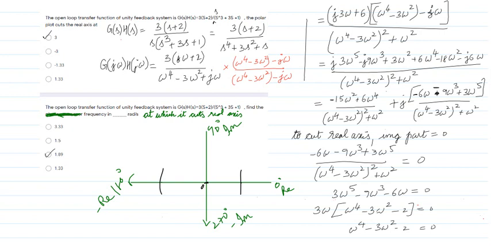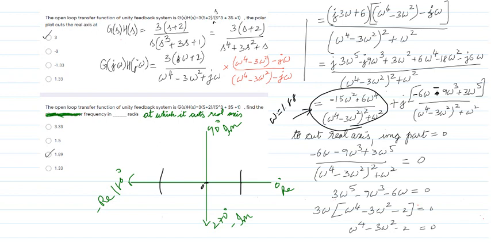Now if I put 1.88, solving this to 0, I got 1.88. Now I substitute 1.88 here, which means this term becomes 0. So put 1.88 here and you will get the answer as 3. So it is cutting the real axis at the point 3. You have to put omega equal to 1.88 here, thereby you get that value.